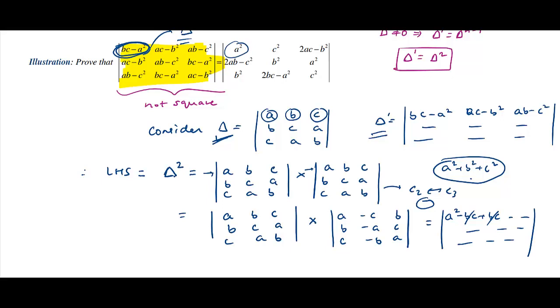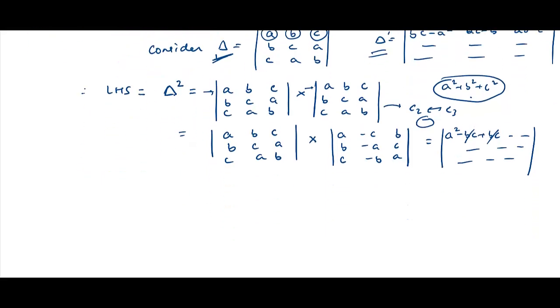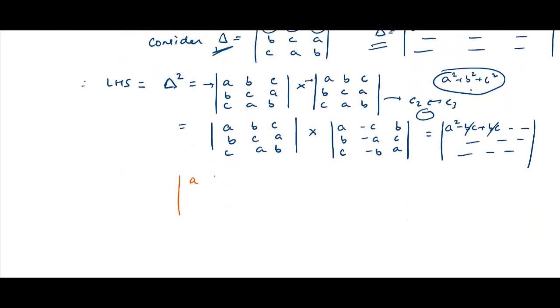Now the key idea is that you have to keep one thing in mind about this determinant, the standard symmetric determinant A, B, C; B, C, A; C, A, B. I told you initially also that you'll come across this determinant a lot during matrices and this linear algebra part. So it is better to know as much as you can about it. For example, we know its value: a cube plus b cube plus c cube minus 3abc. And also you should have a fair idea about the determinant obtained by the cofactors of this.